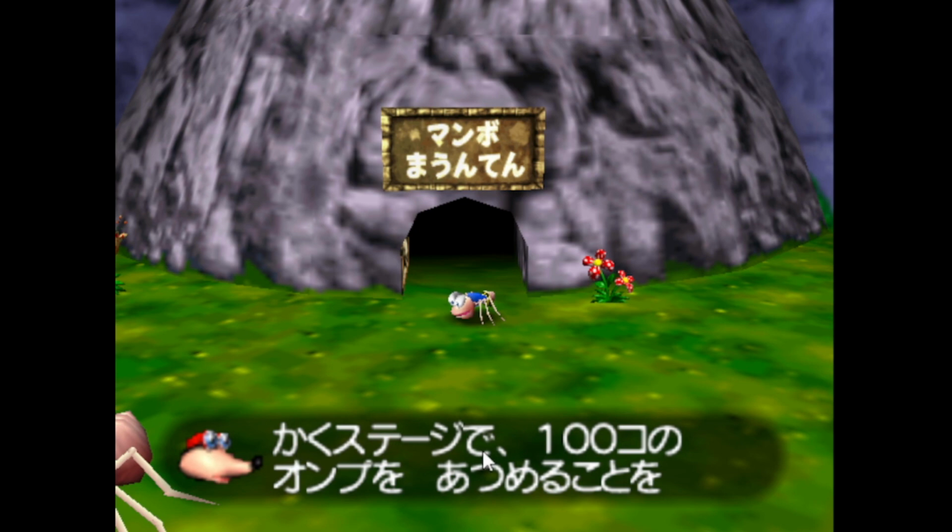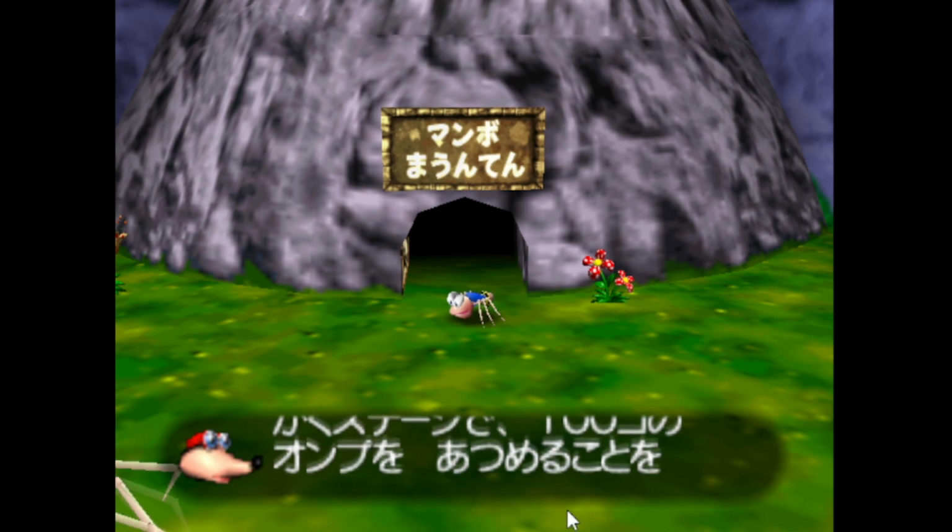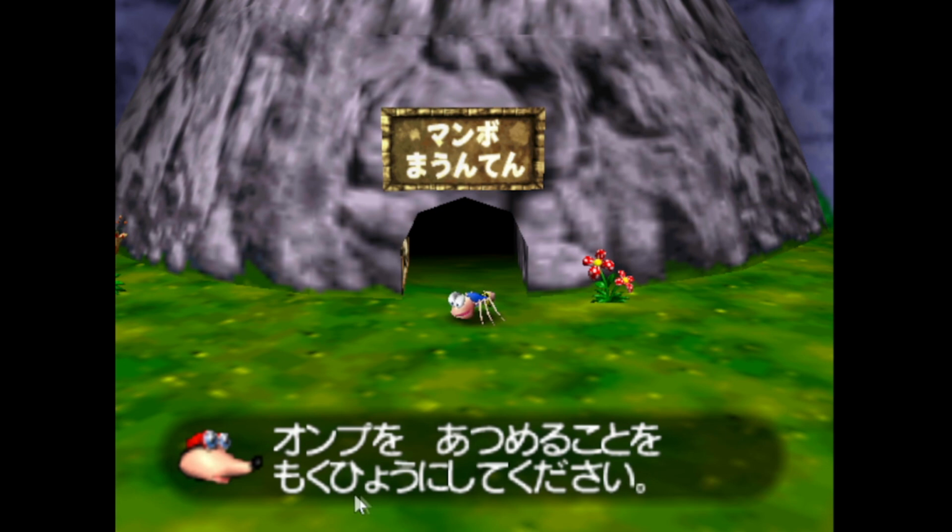Kaku stage de 100個の音符を集めることを. So the phenomenon of gathering 100 notes on kind of each stage. 目標にしてください. 目標 is like a goal or an objective or a target. So yeah, the phenomenon of gathering 100 on each stage. Please kind of, I suppose suru can mean to act as though something is the case, or to consider something to be the case.